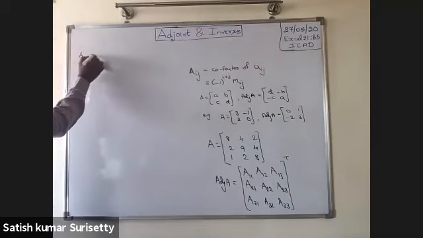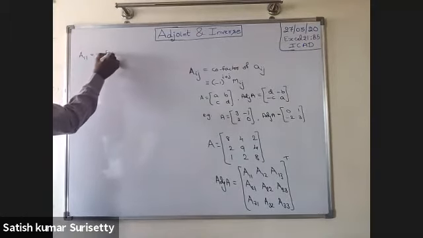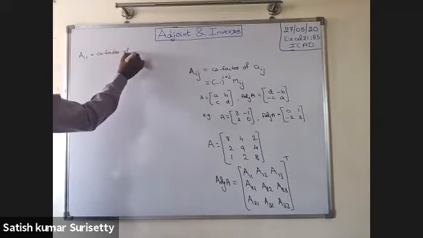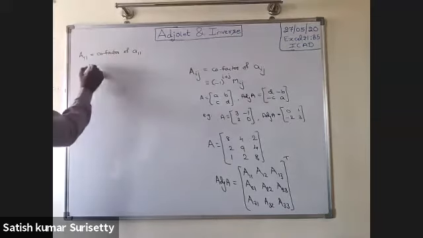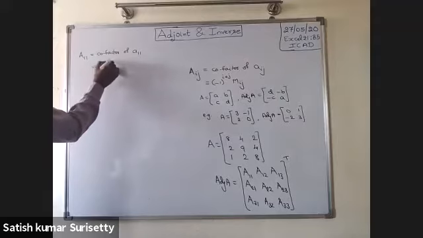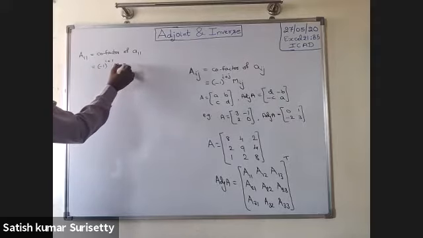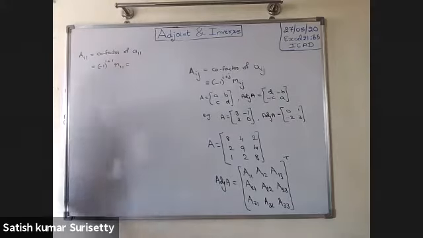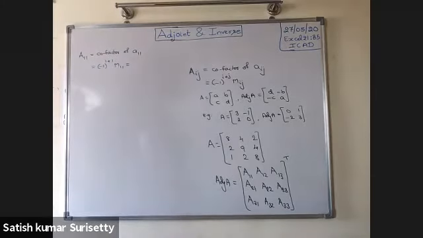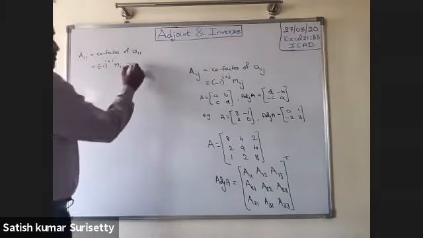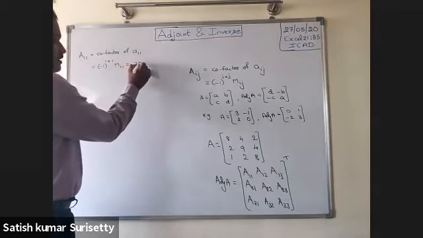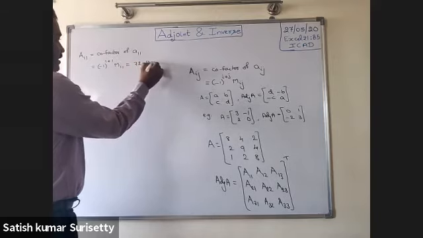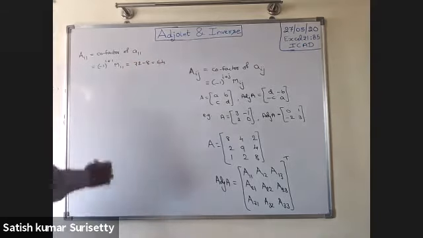A11, that is the cofactor of A11. So (-1) to the power of 1 plus 1, M11. Now, tell me the value. 72 minus 8, that is 64. Okay. Next,